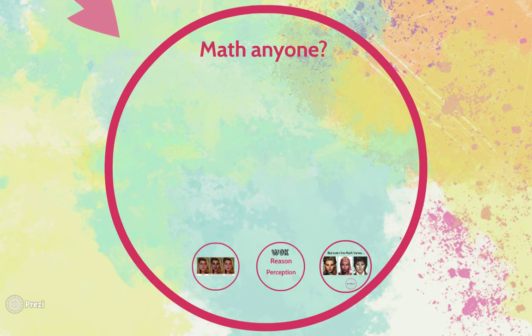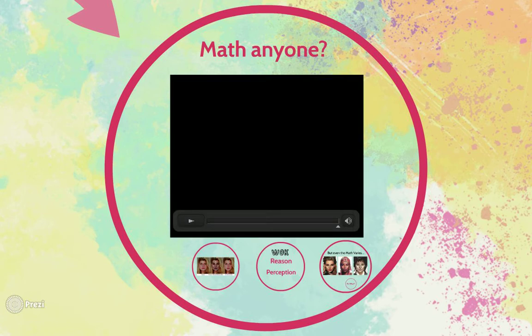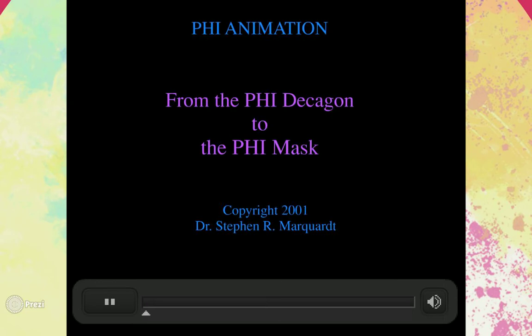So with this perfect ratio, it goes to show that someone would take it and create the perfect human face. There was a plastic surgeon who used this perfect ratio to create what he called the golden mask. So here's a short clip that's going to explain what that is.